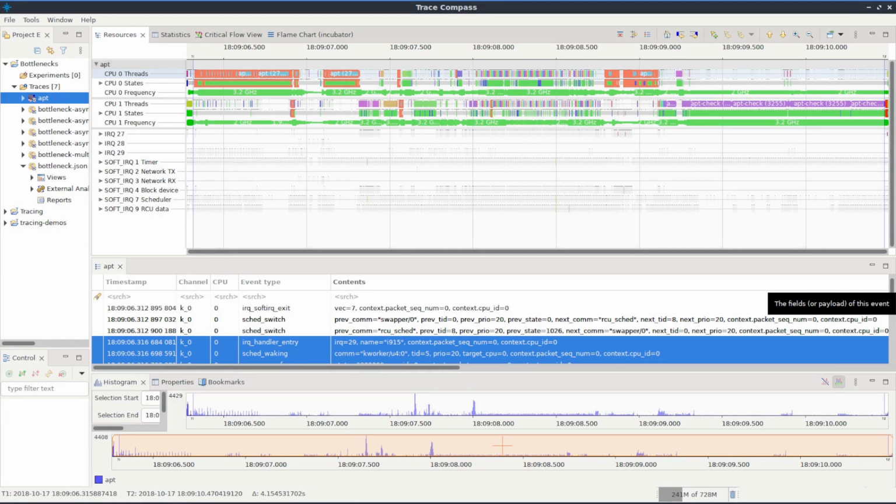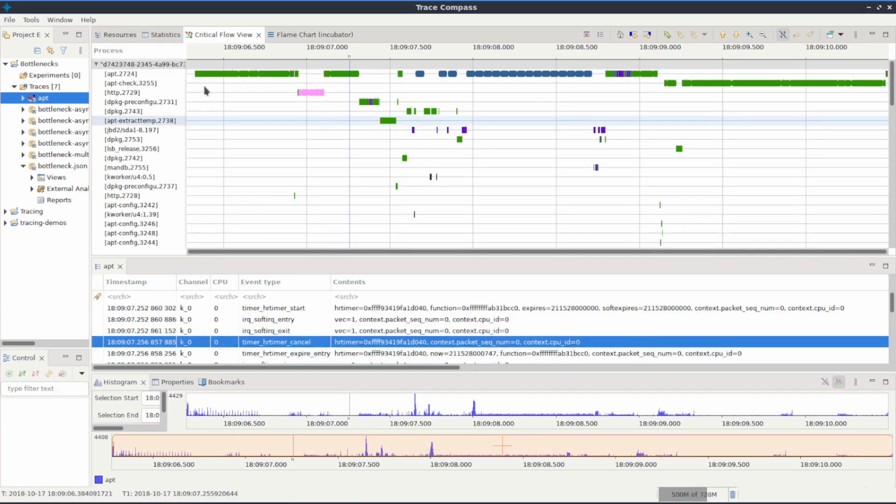Now, assuming your hard disk can write at 100 megabytes a second, we're spending time doing other things. This is a classic bottleneck. But if you spent all your time waiting for the write, it would still be a bottleneck, but it's the expected bottleneck. Now, if we go to the critical path view, we can see